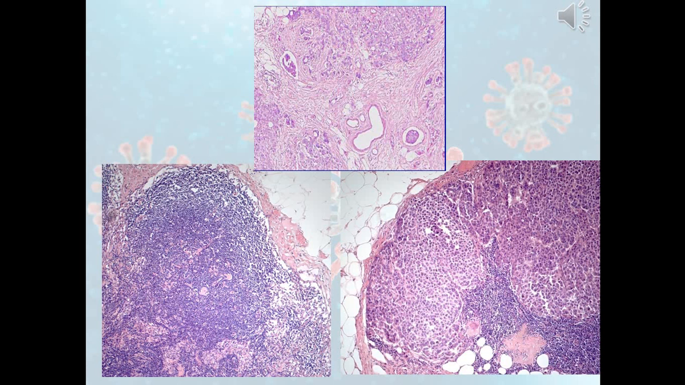So on the left side, you see the normal lymph node architecture, where the lymph node is composed mainly of lymphocytes, these bluish small cells. While on the right side of the picture, the H&E stain histological section shows replacement of the lymph node